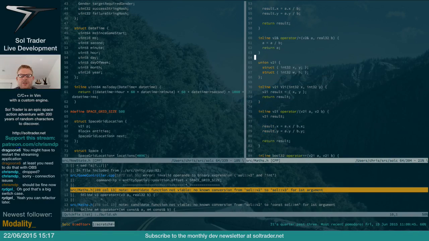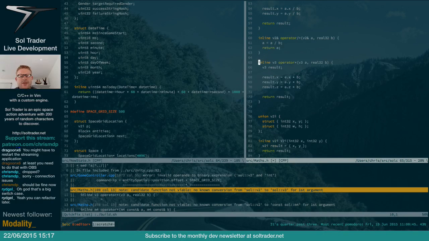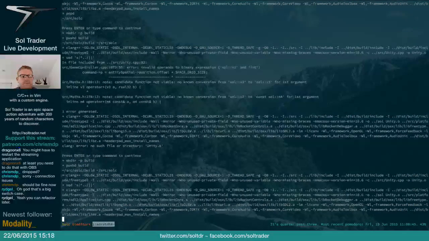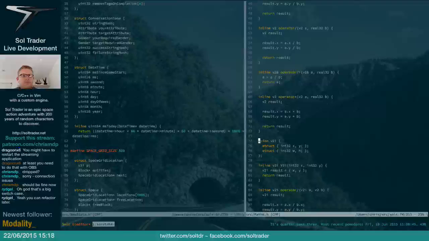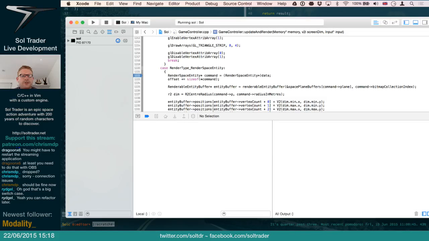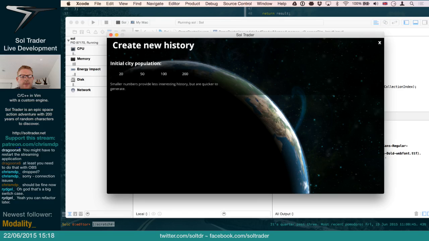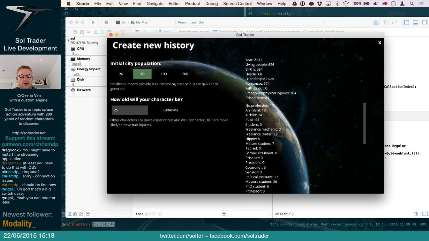I know you could use templates. I've used templates in the past. They're so slow to compile. I don't want to use templates anymore. I'm done with templates for the moment. I'd much prefer to just write the methods as I need them. Okay, so having said that, what that should do